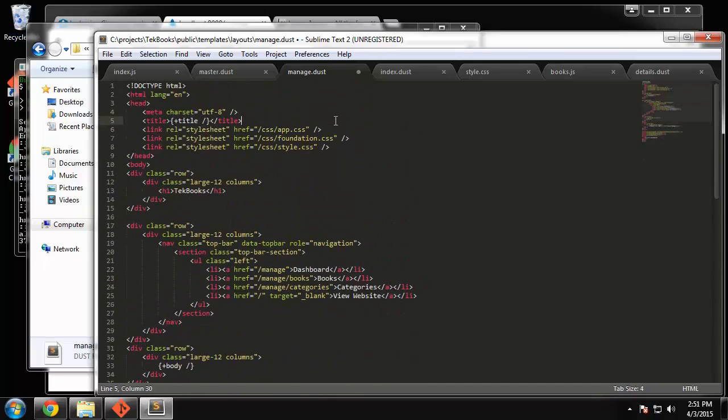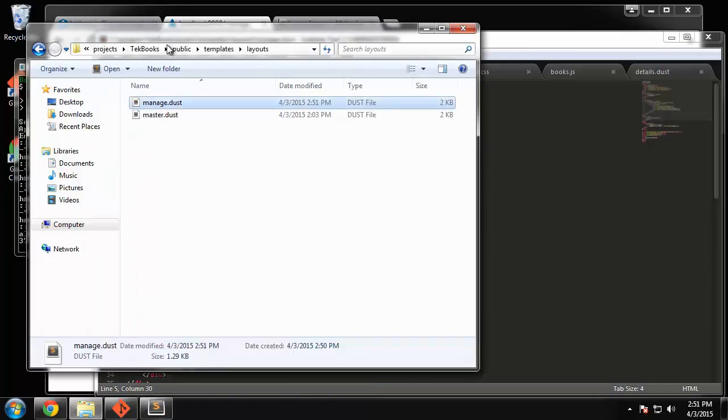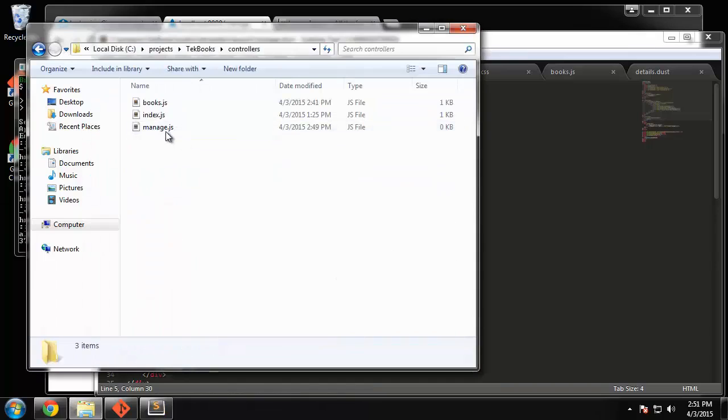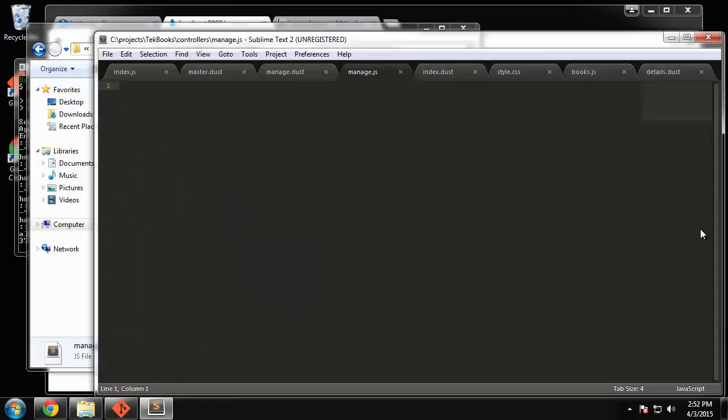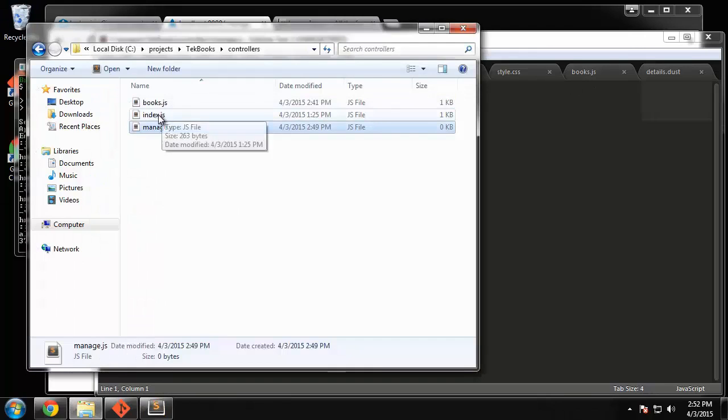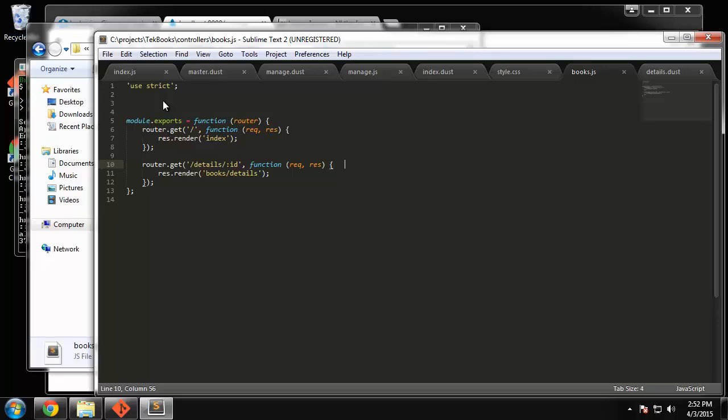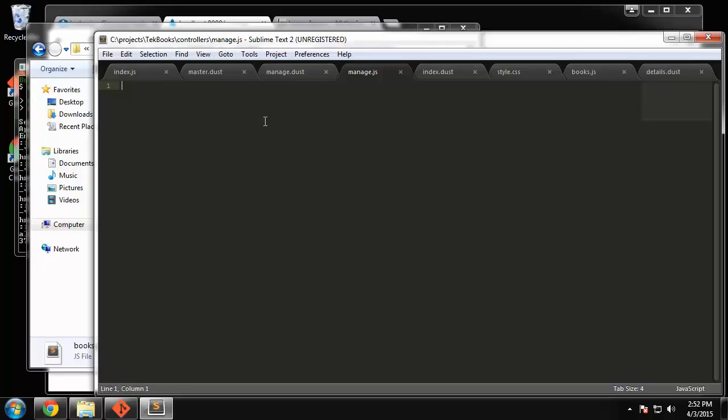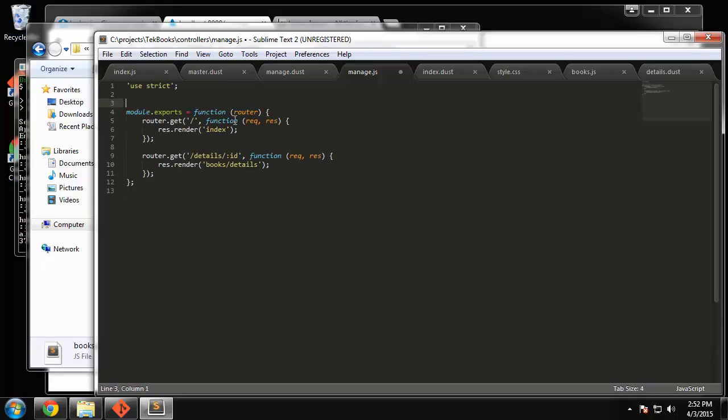So let's save that. Alright, and now we'll go back to the controllers and go to the manage.js controller. Alright, and let's open up another controller just to see. We'll open up books, and basically we want to just copy this. Alright, and put this in the manage controller. Alright, let me close some of these